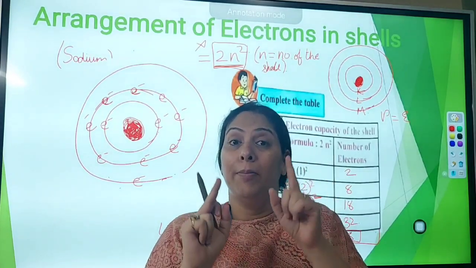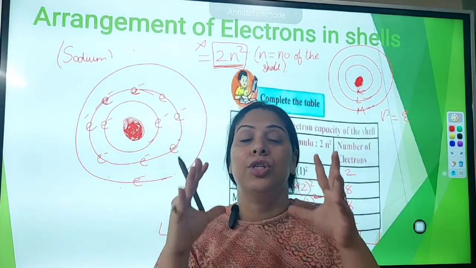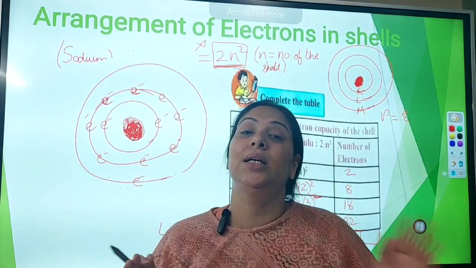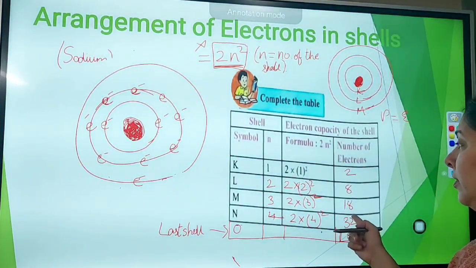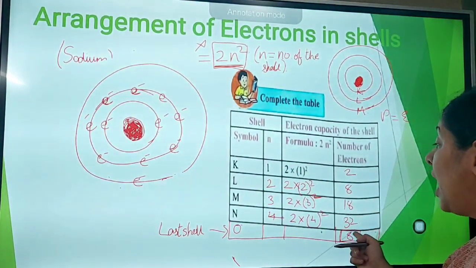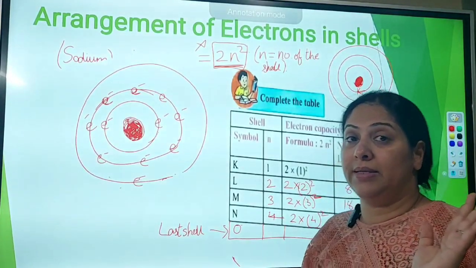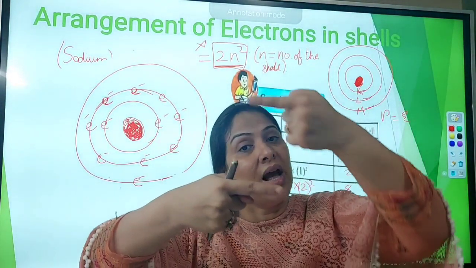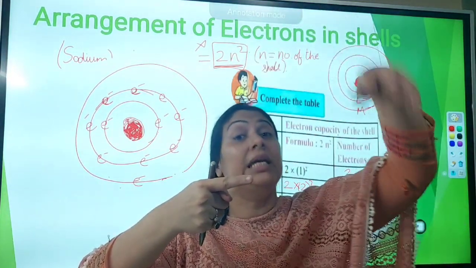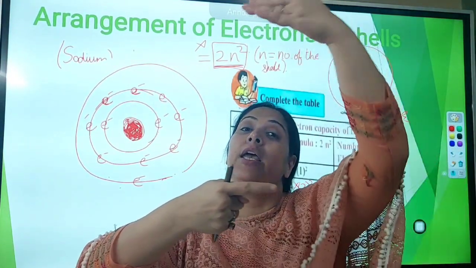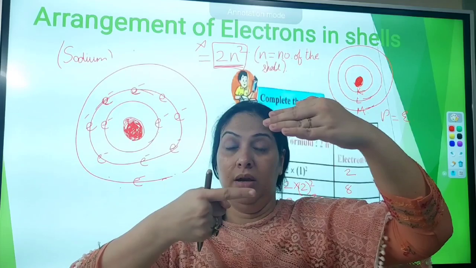I will tell you how. बट कैपेसिटी उसकी 8 से ज्यादा की नहीं है. बाकियों की कैसे इतनी ज्यादा है, बट लास्ट शेल की सिर्फ 8 की कैपेसिटी है. जब अंदर का एक शेल भर जाता है तब बाकी के शेल्स को अकोमोडेट करने के लिए एक और बनता है. ओके,